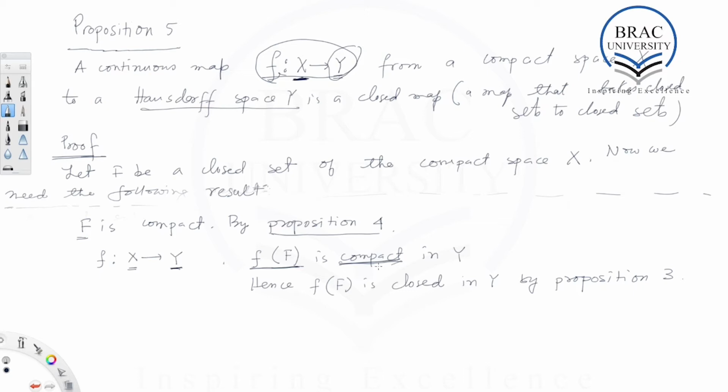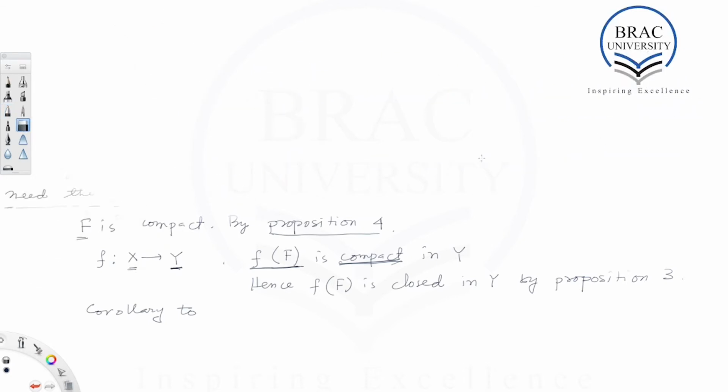Now there is a corollary to this proposition, which states that corollary to proposition 5. I think I need more space. Let me erase everything. So corollary to proposition 5